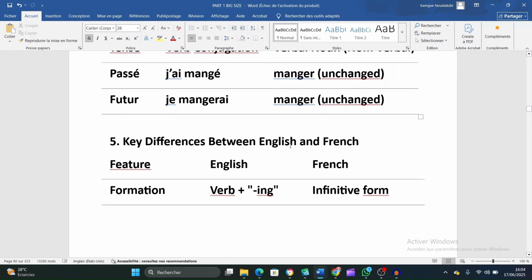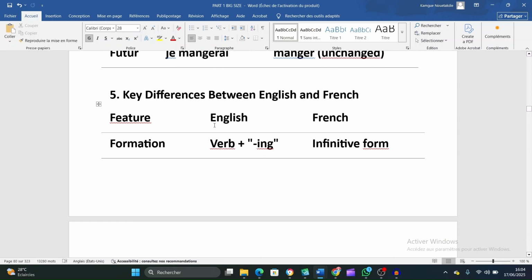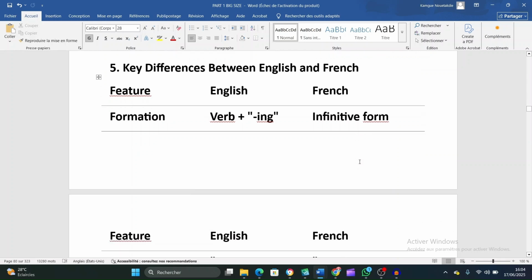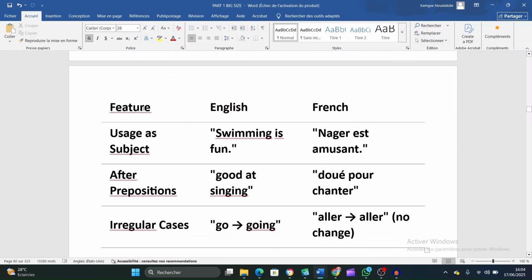Now, what are some key differences between English and French, to make things easy for you? The formation, first of all. In English, for the gerund, we always add ing. But in French, it is the infinitive form of the verb. You just keep the verb as it is. What about the usage?